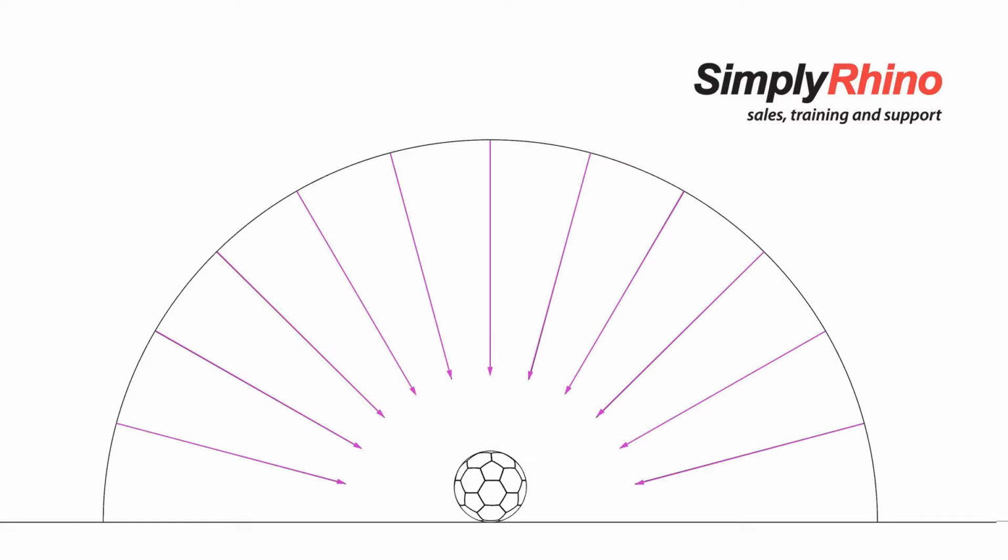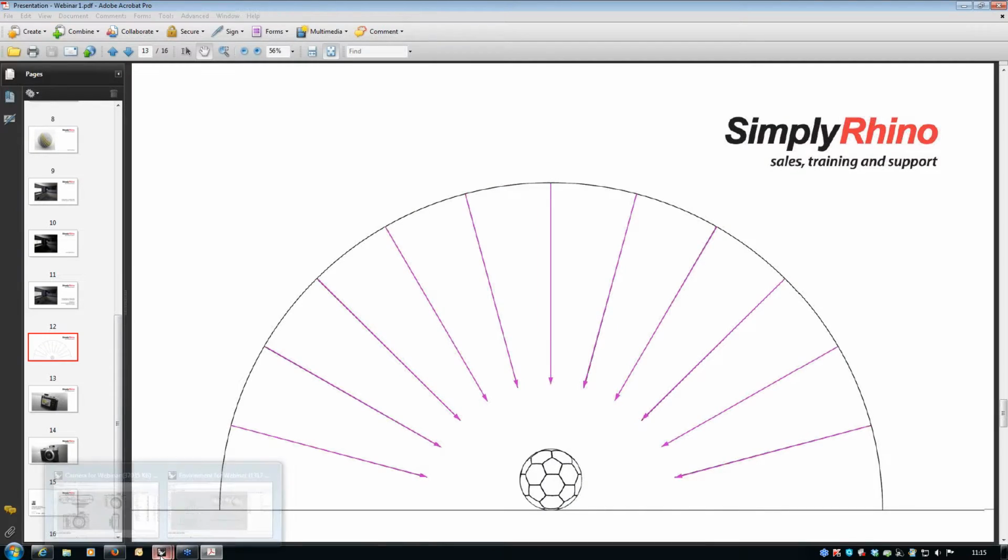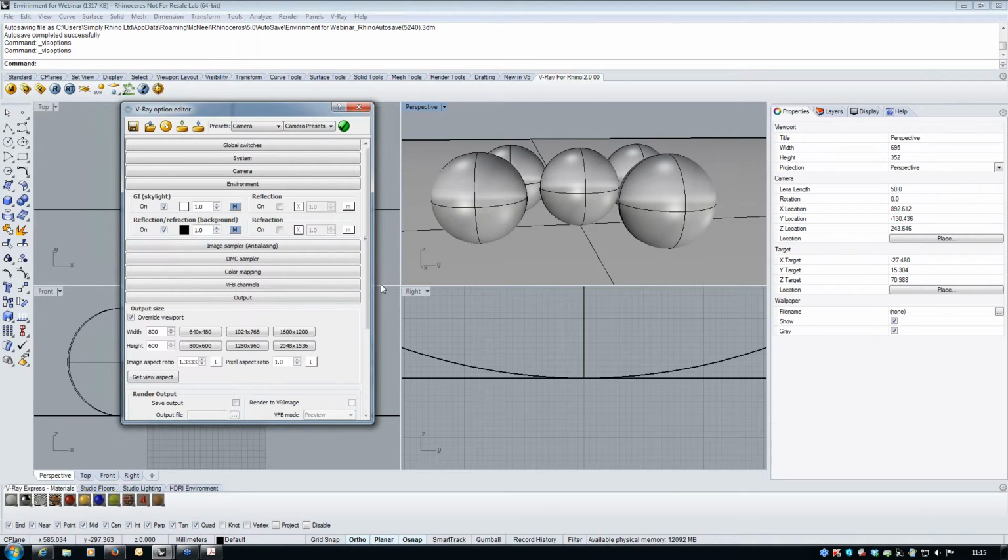And you can optionally turn this off in V-Ray. You can use it as a substantial or an insubstantial component in the rendering. But when you're first setting up a render, it's pretty useful to make some use of the Skylight. So let's go back into V-Ray and look at the interface in more detail in terms of the Skylight panel. Okay, so first of all here we can turn the Skylight on or off, and then we have